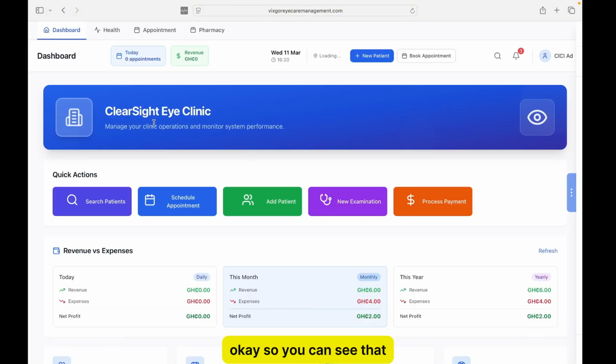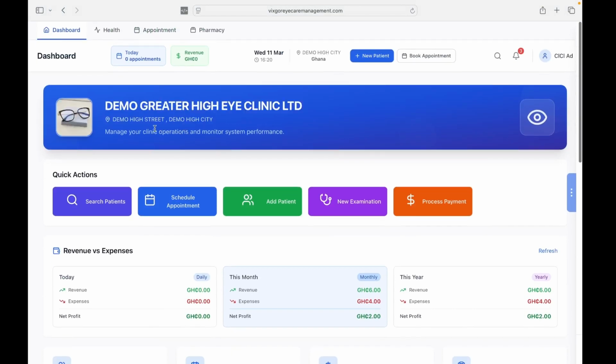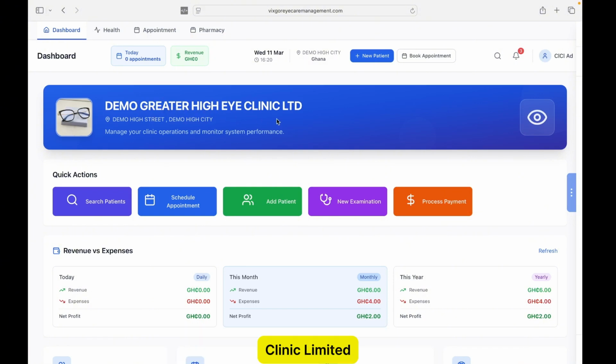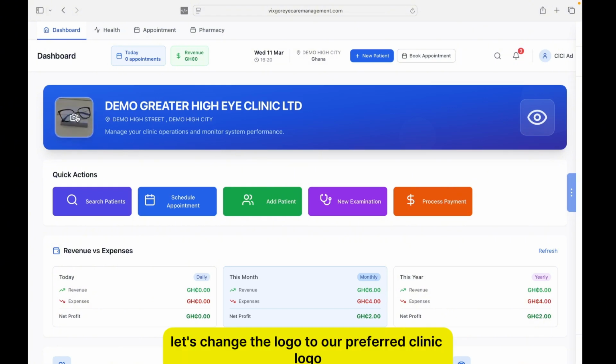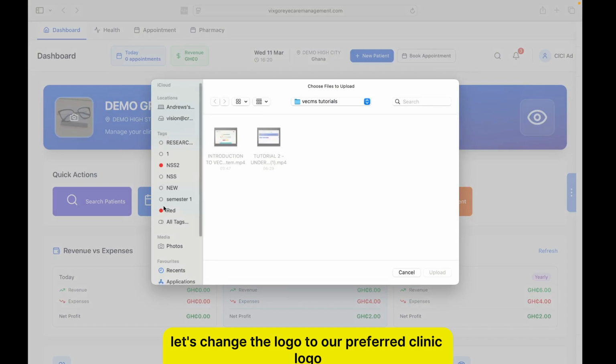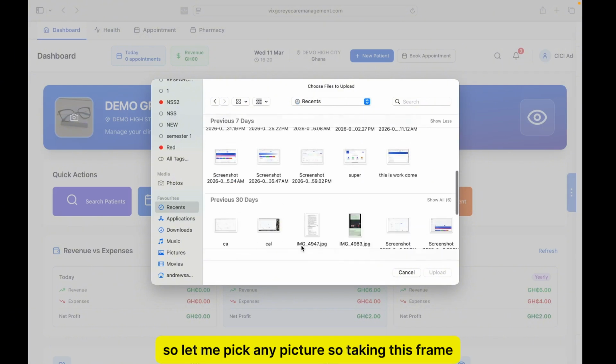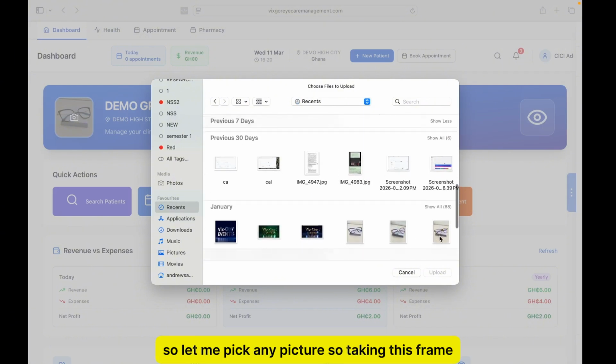Okay, so you can see that the dashboard has now changed to Demo Greater High I Clinic Limited. And then the street is Demo High Street. So we have set up our clinic info. Let's change the logo to our preferred clinic logo. So I'm going to take some picture, any picture. So let me pick any picture. So taking this frame,